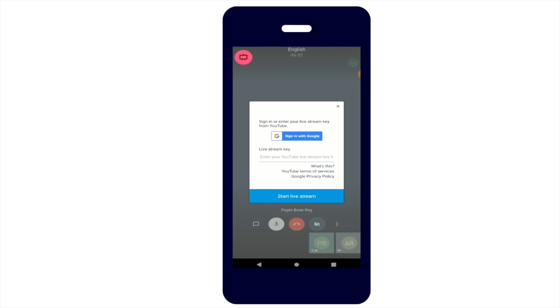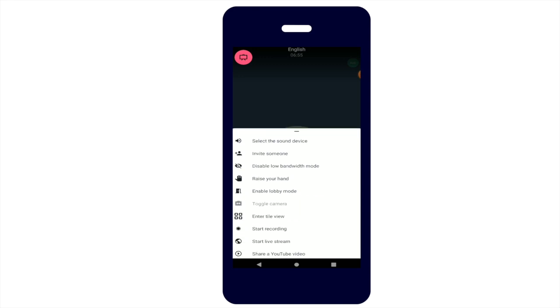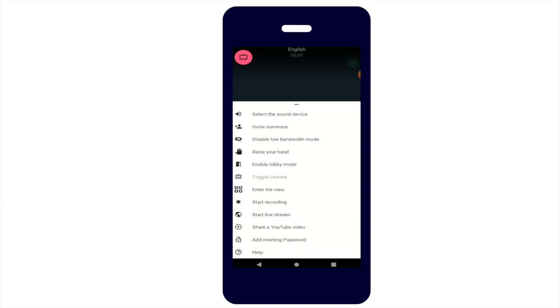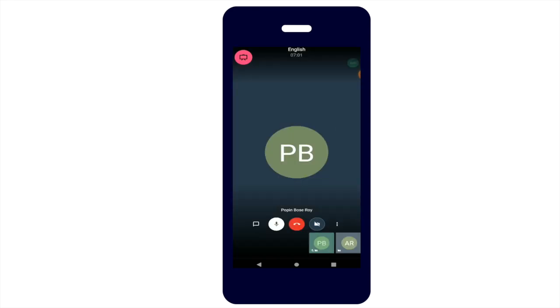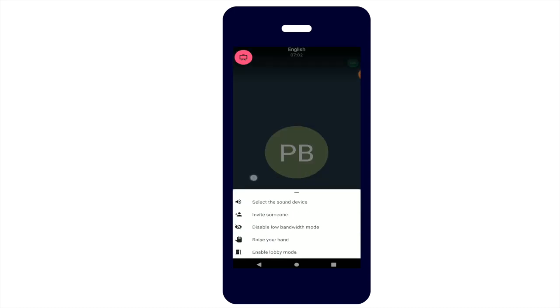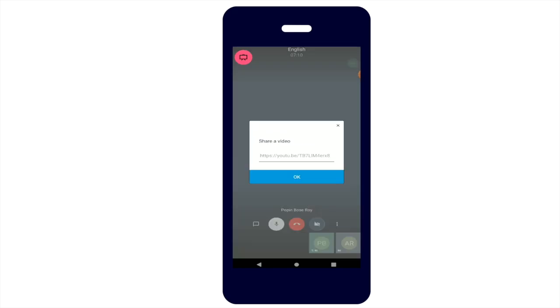Live streaming of classes on YouTube is also facilitated. WeClass can also record the classes and save it on the local drive for teachers to share it with students in case of absentees or revision of lessons. Option to play YouTube videos is also incorporated to make virtual classes interactive.